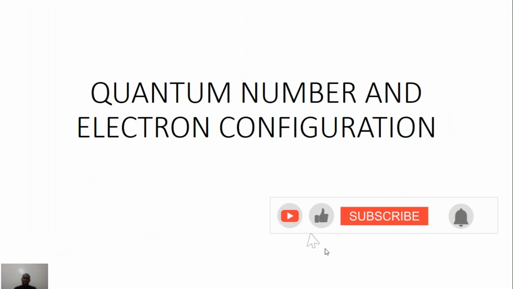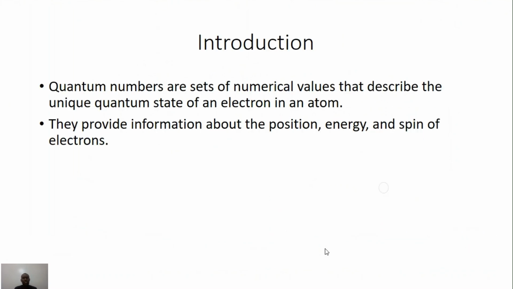In this video, I'll be discussing quantum numbers and electron configuration. Quantum numbers are sets of numeric values that describe the unique quantum state of an electron in an atom. They provide information about the position, energy, and spin of an electron. Simply put, we can imagine a quantum number as an address of an electron in